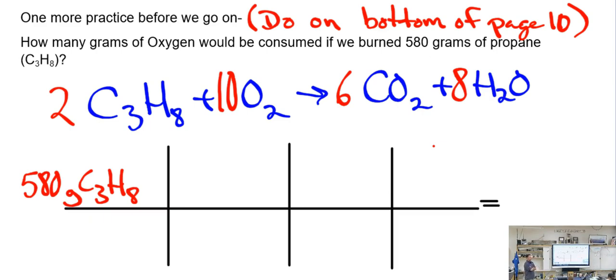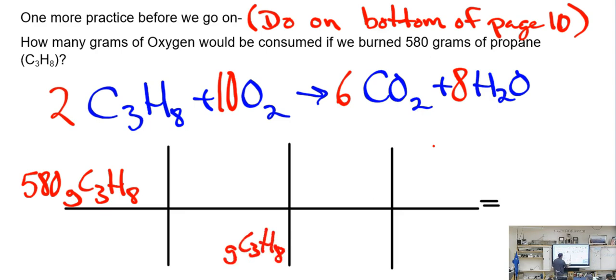All right, let's work through this together. I didn't see a lot of successful answers here. How many grams of oxygen would be consumed if we burned 580 grams of propane? We can start at the start or the end. I already wrote this, so I'll start at the start this time. So if we have 580 grams of C3H8, what do I know about the unit at the bottom? It has to be the same grams, right? So grams of